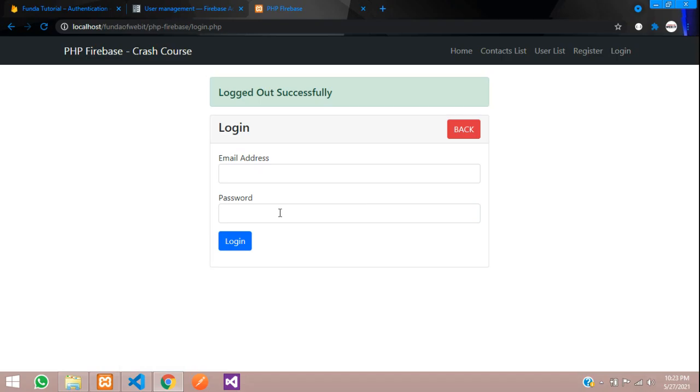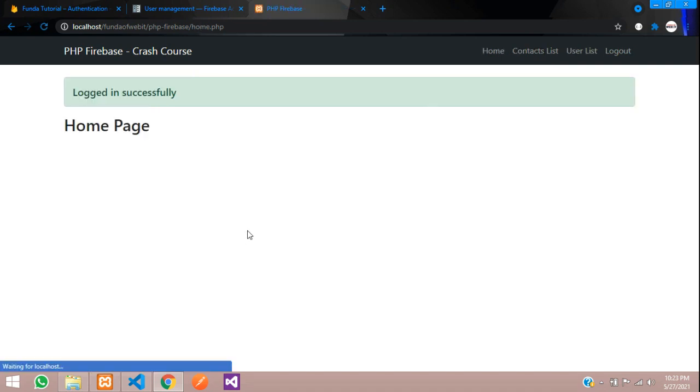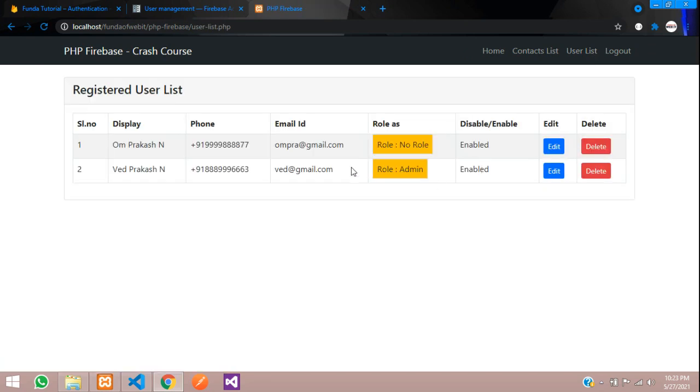Now let's get back. So guys, logged out successfully automatically, and let's log in as ved@gmail.com, and he will be able to access the user list. Click login. Logged in successfully. Let's try to access the user list. Perfect.